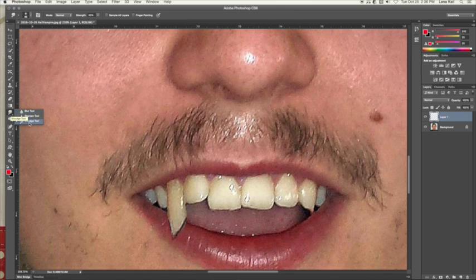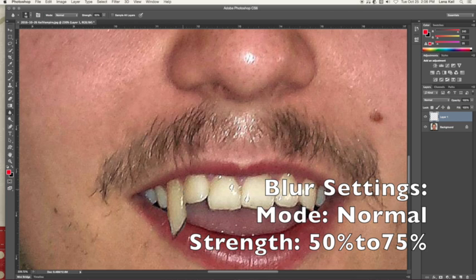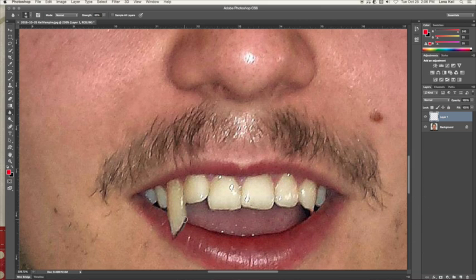Under the blur tool, we're just going to run it over here to make it not quite so sharp, since we just copied and pasted it over. So that softened it a bit and blended it in. And then we are going to